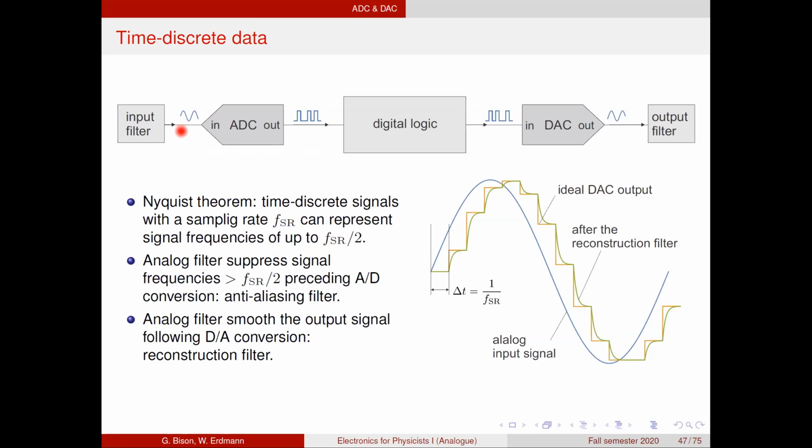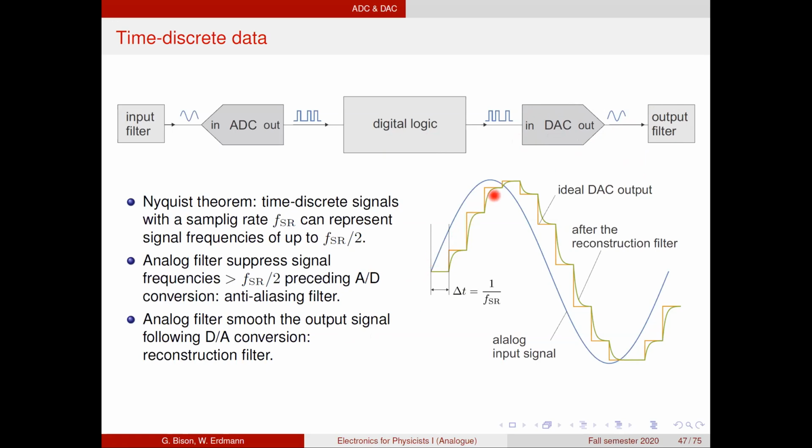signal processing circuit typically looks like this: you have an input filter in order to suppress frequencies that cannot actually be converted, that are larger than half the sampling rate. Then you digitize them. You do in your logic whatever you want to do. In this example, we simply copy them to the output. They are then converted to analog signals again, and on the output you typically again have an analog filter to reconstruct the signal. So here is an example